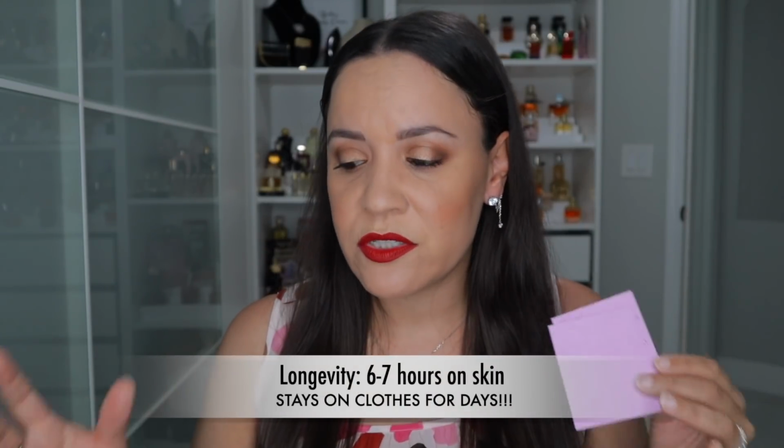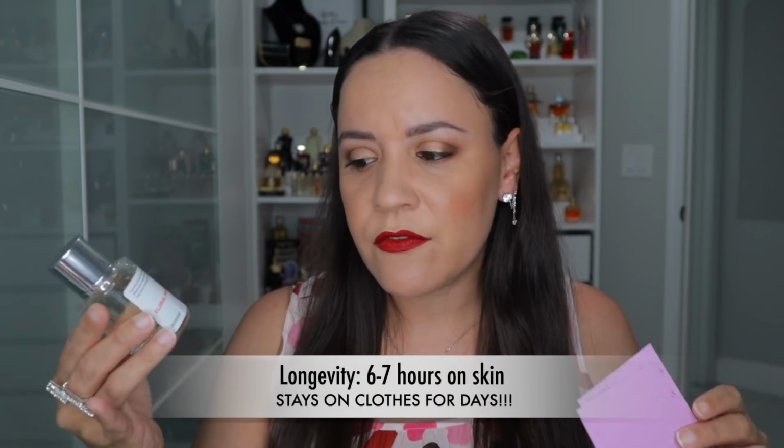I would say more into the base notes. Longevity on both of them were great. I would just say that this one projects better, and if you like rhubarb, you're gonna want to pick this one up. So when it comes to this or that, I would say if you want more of a blended,